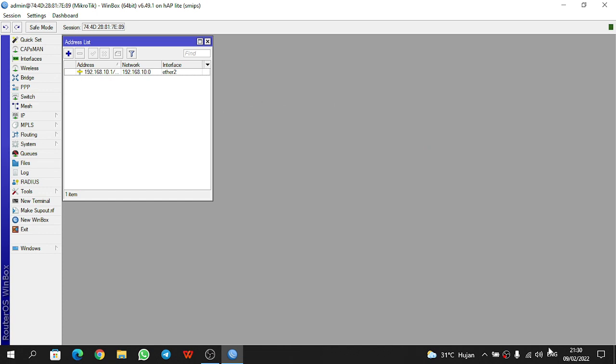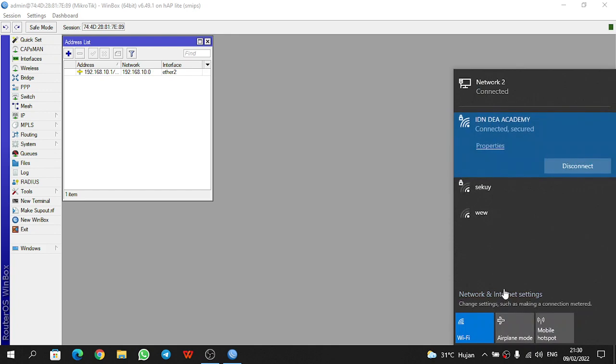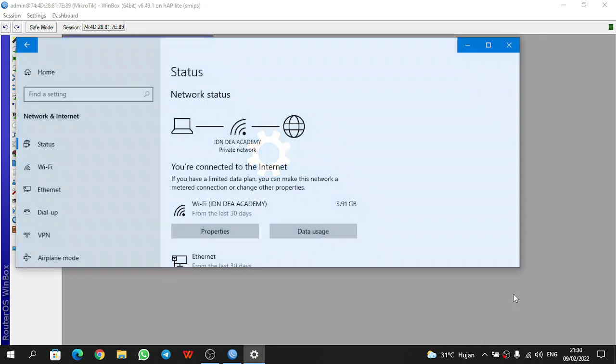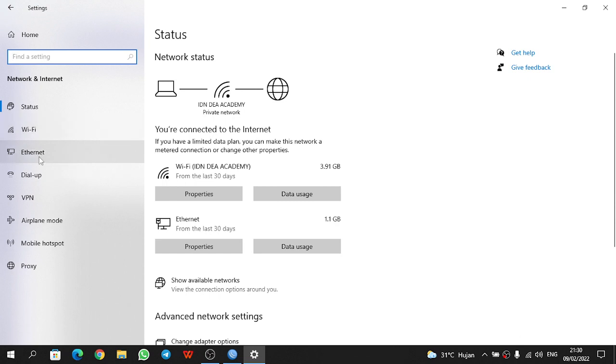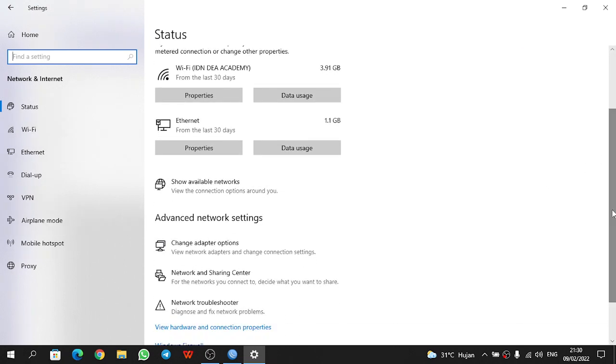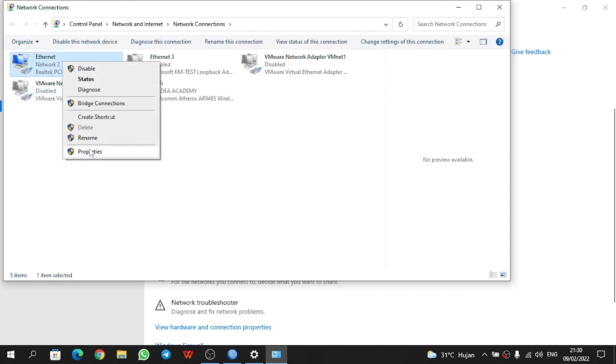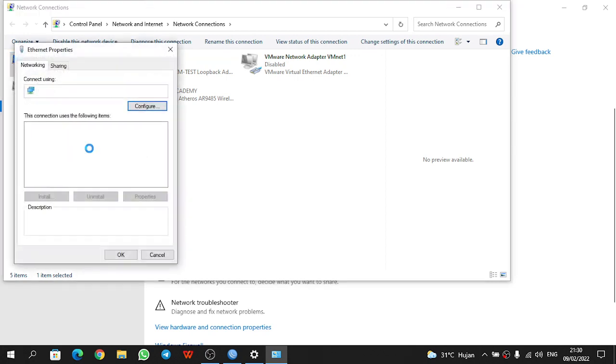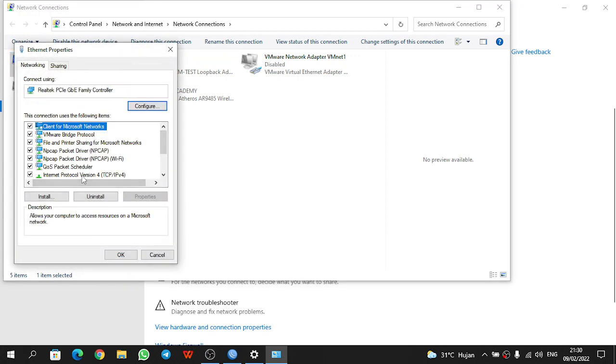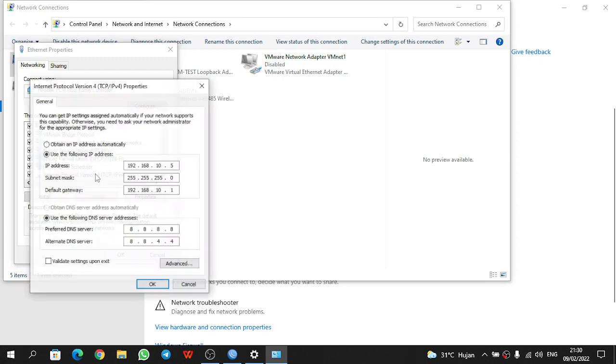Then we set up the PC. Select change adapter options, right-click the Ethernet, choose properties, and double click Internet Protocol Version 4 (TCP/IP).